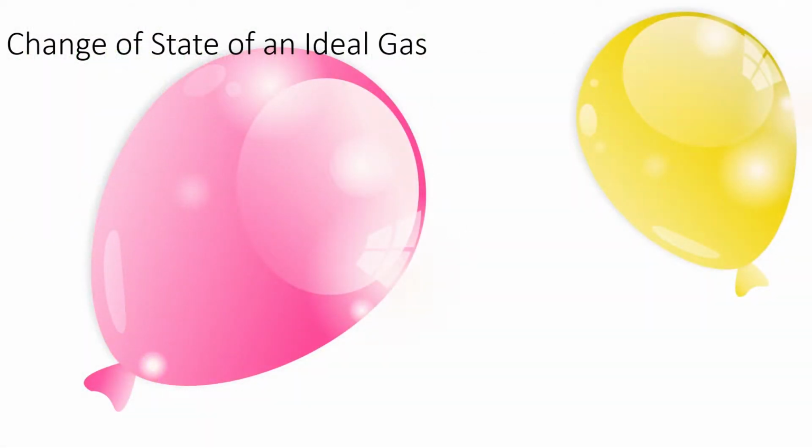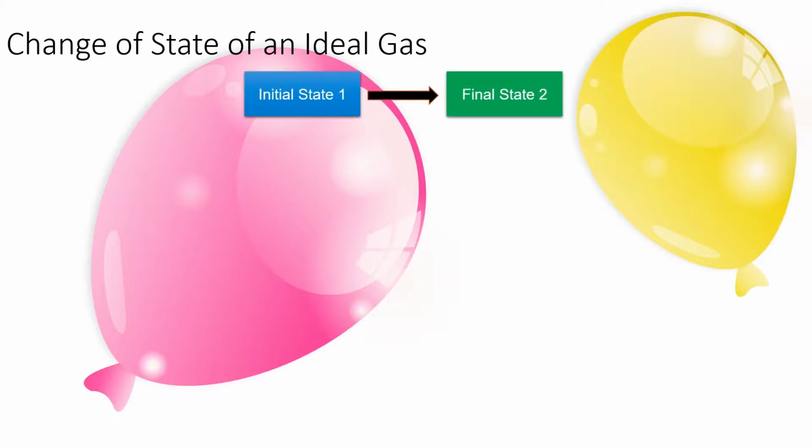We will take an ideal gas and take it from an initial state 1 to a final state 2. Looking at the equation that defines an ideal gas, PV equals nRT, we see that there are 4 physical properties we can change in an ideal gas, though we don't have to change them all. These physical properties are pressure, volume, amount of gas in moles, and temperature. So, we can envision changing one or all of them in a process that moves it from state 1 to